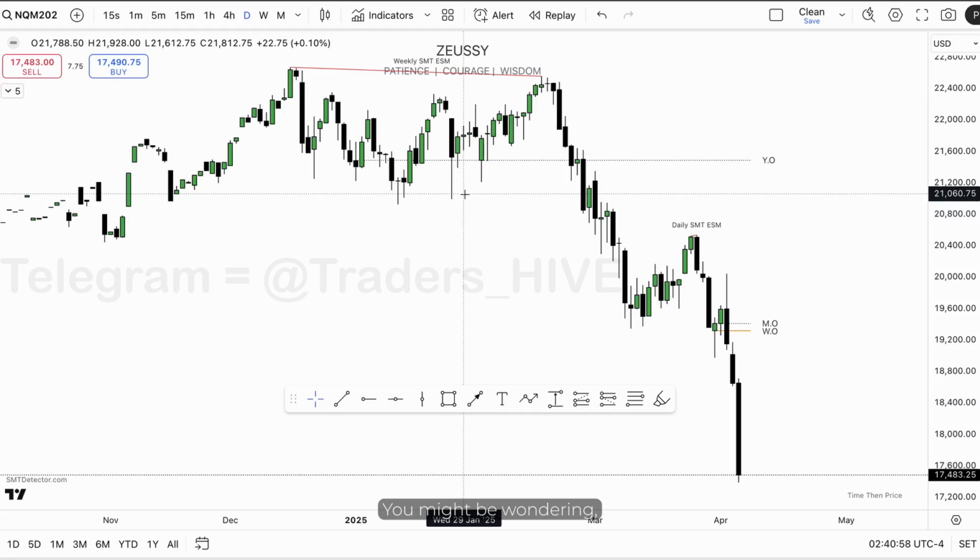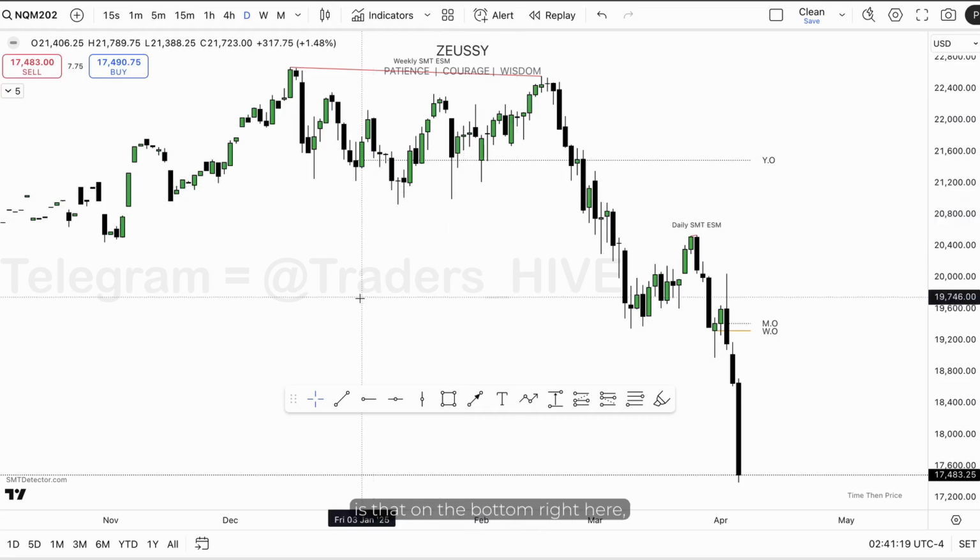You might be wondering, how do you know that the institutional order flow is bearish? How do you know that the market was being repriced towards the downside? Well, there's a lot which we can discuss in order to confirm that we were in a sell program. But for now, I would like you to understand that when we pay attention to this delivery here,